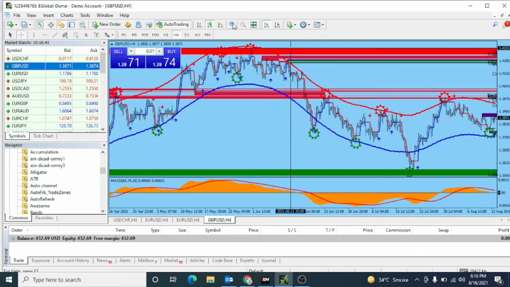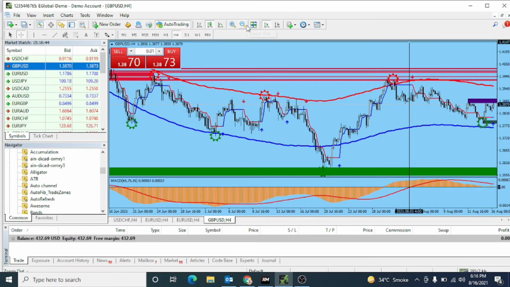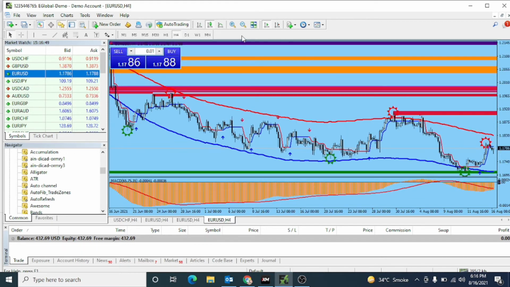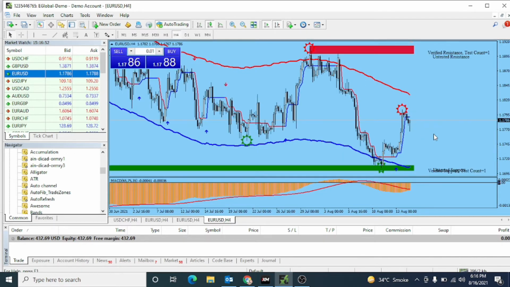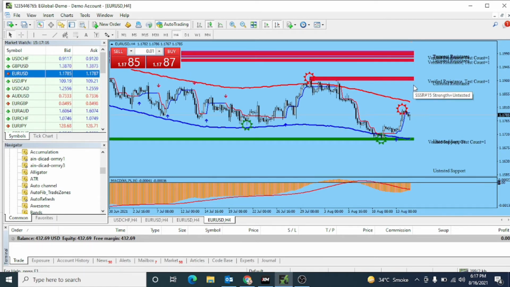Okay, one more currency pair I will attach. For example, EUR/USD is at this point. This is the verified resistance level. If you want to trade like a professional trader, you can put a pending order at this point, because this is a verified resistance level. The market was always there, on 30th July the market was there, and you can set the sell stop here at this point. And if the market breaks this, you can set the sell stop at this point.